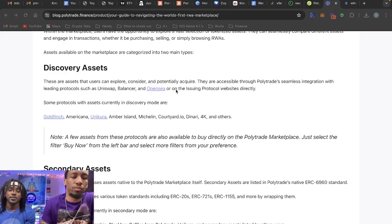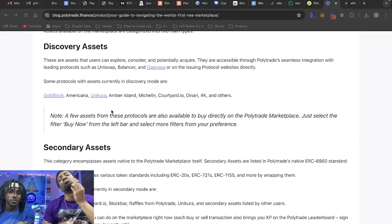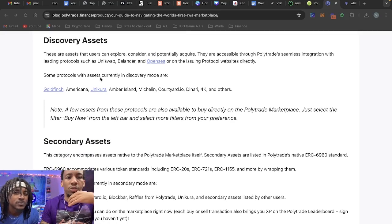It's funny that they mentioned OpenSea because effectively, that's what they're doing for RWAs. They're trying to create an OpenSea type environment for RWA. Yeah. So some of the protocols with assets in discovery mode, I'm not sure what discovery mode is, but Goldfinch, Matic, Ghana,